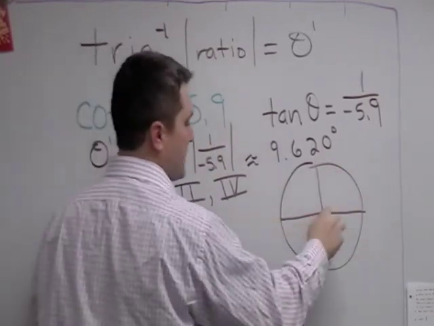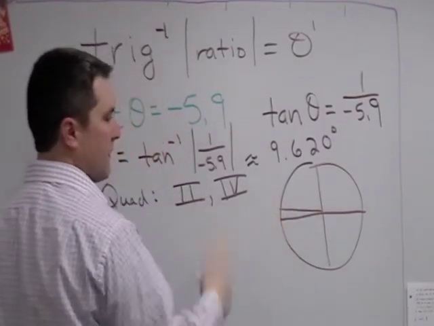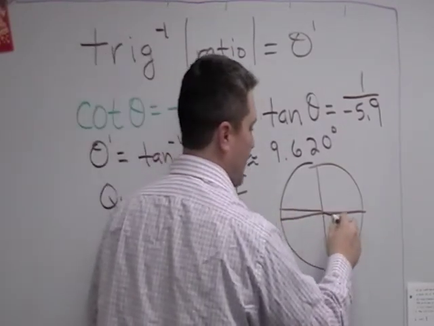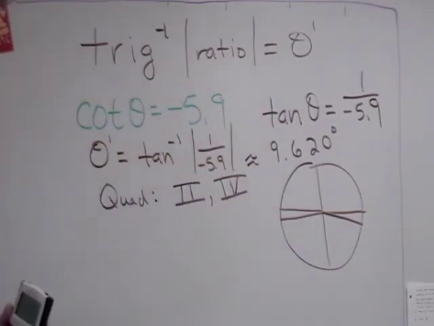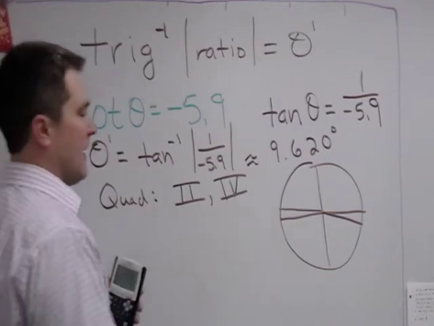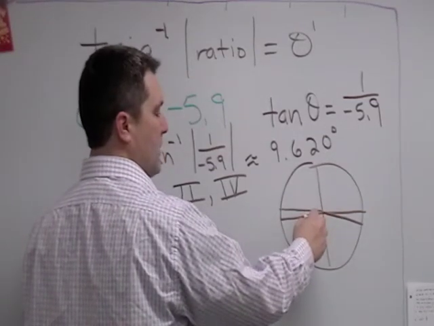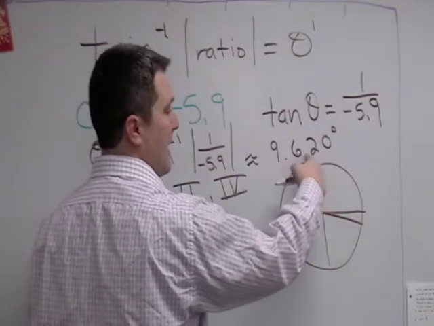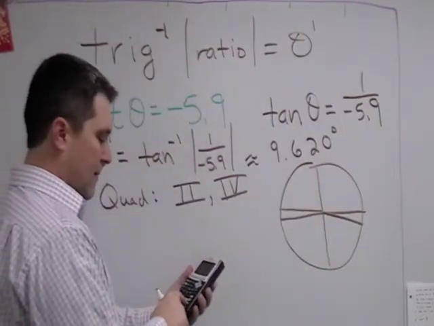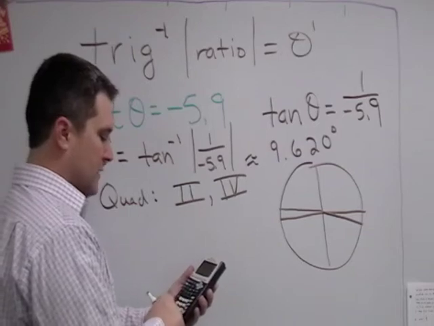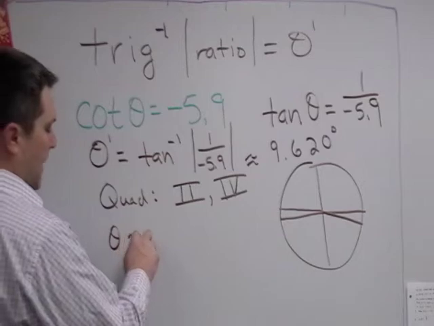Draw a 9.620 degree angle in quadrant 2, and draw a 9.62 degree angle in quadrant 4. And then you just have to figure theta. So to get to theta, what I tried to do is go to 180, but I stopped short by 9.620. So one of the answers is 180 minus 9.620. So one of the thetas is approximately